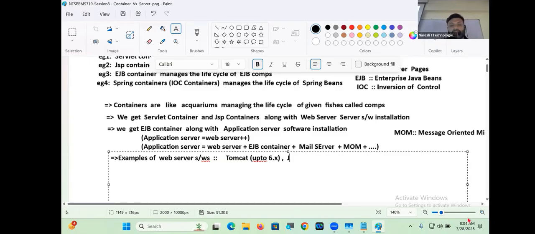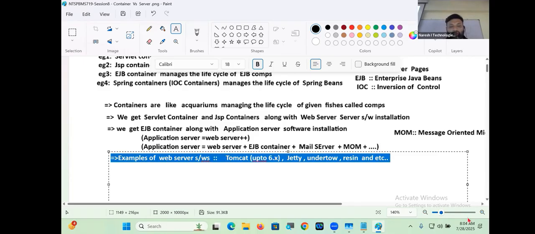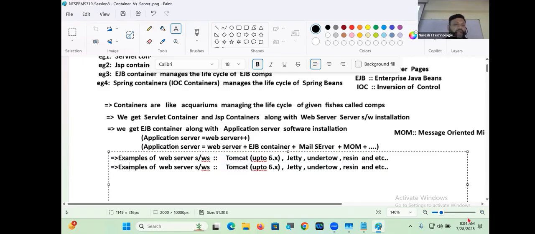Tomcat, Jetty, all versions, Undertow, Resin, etc. Examples of application server software: